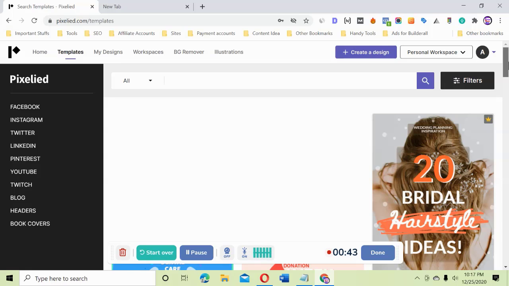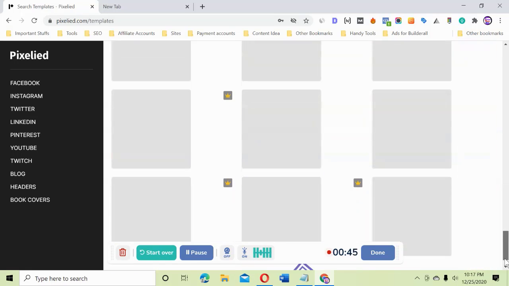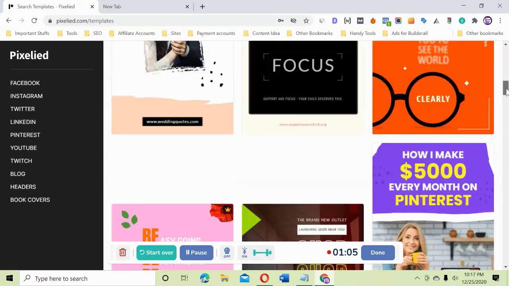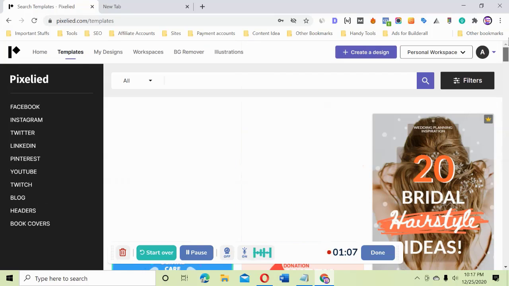I'm going to review all the things, and I'm also designing my graphics using this tool only. I will also explain what things they are not having that Canva has, as they are new in the industry, but they are including all kinds of features in this application, so you can easily design all your graphics. The best thing about this platform is it is very easy to use, it is very easy to